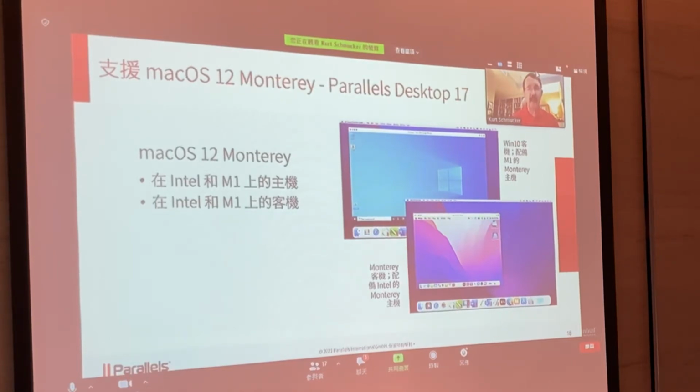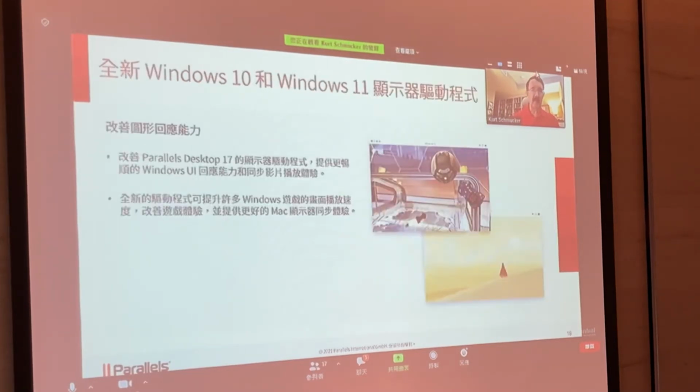But we still had time for some other features. Let me tell you about a couple of those. We were able to implement a new display driver for Windows 10 and Windows 11 that gave a significant